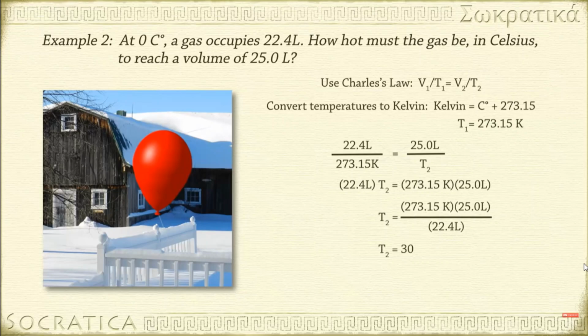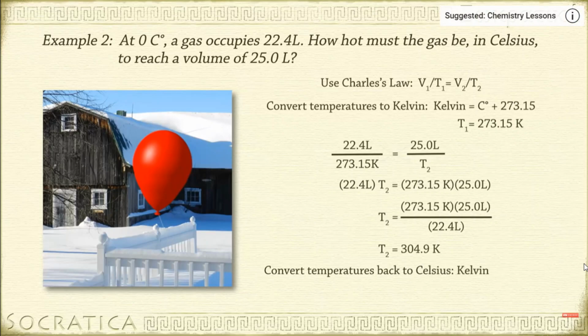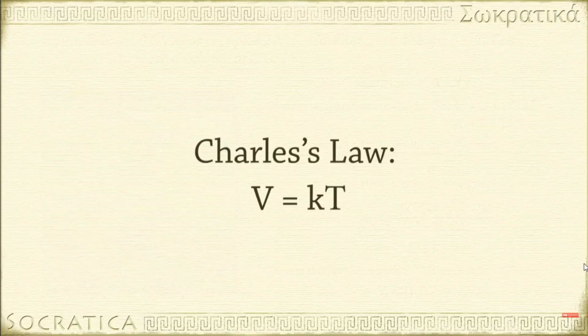T2 equals 304.9 Kelvin. Convert to degrees Celsius. Celsius equals Kelvin minus 273.15. So T2 equals 31.7 degrees Celsius. There are other gas laws